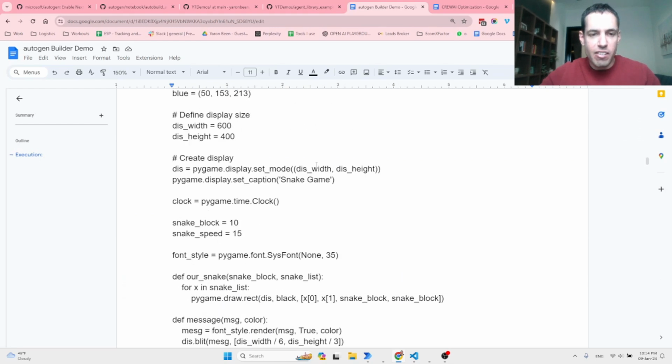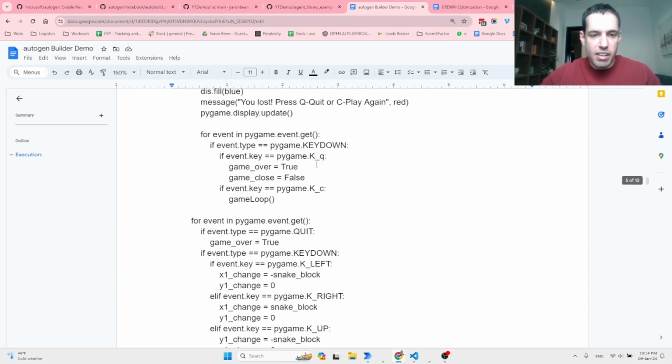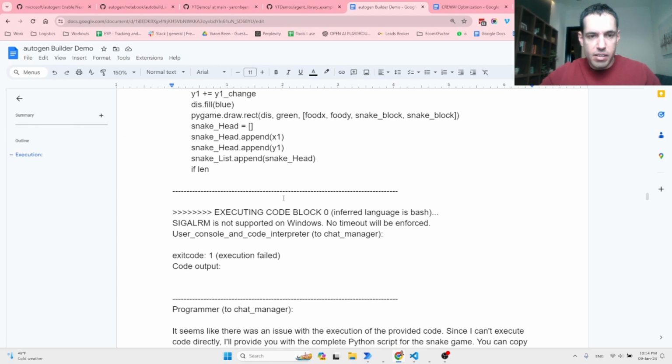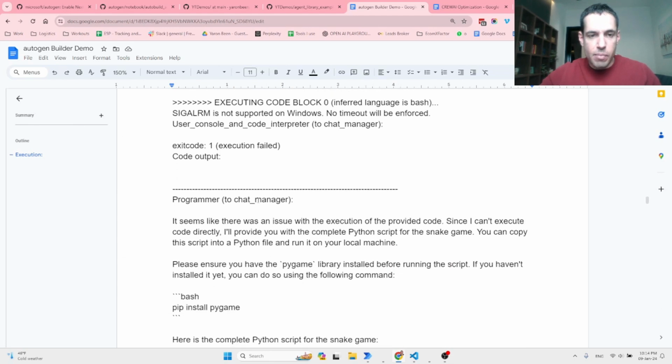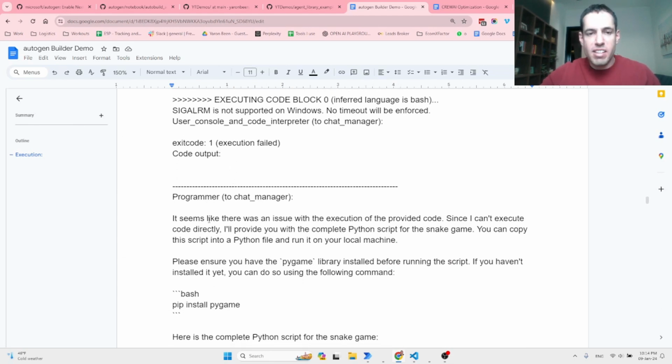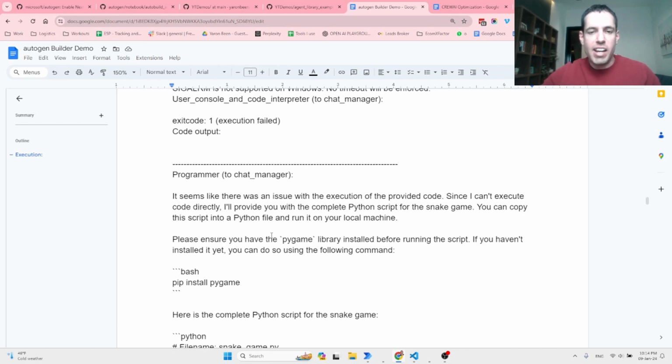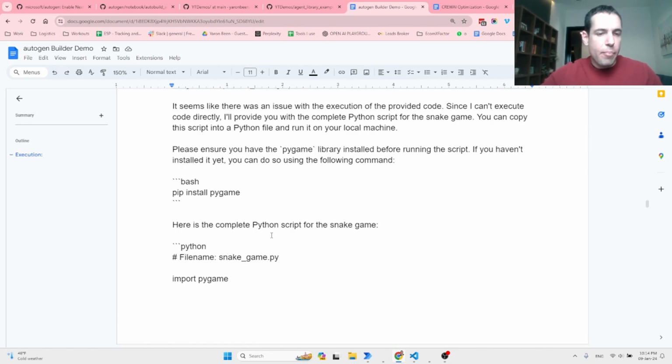It started writing the code, and then it had some issue, and then the programmer came in. It seemed like there was an issue with the execution of the provided code. Since I can't execute code directly, I provide you with a complete Python script for the snake game. You can copy and paste this script into a Python file and run it on your local machine, etc., and so on and so on. Eventually, it did spit out a code